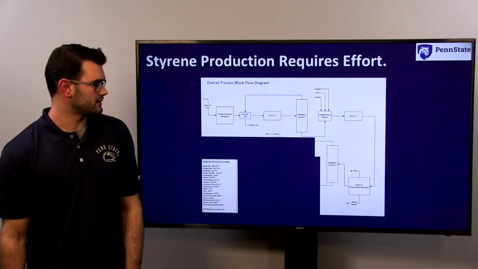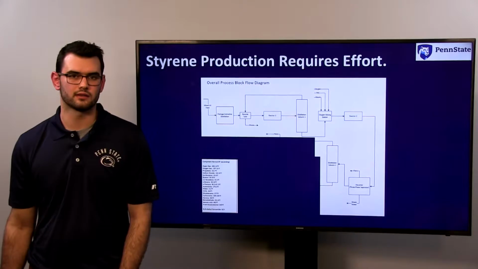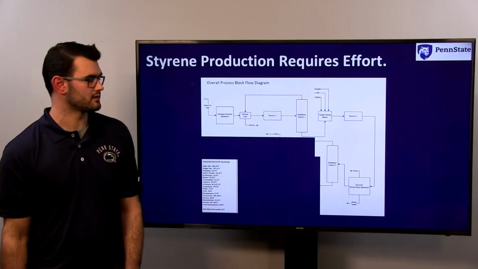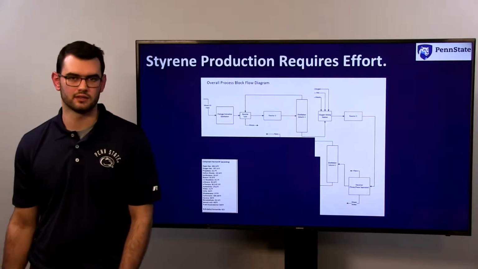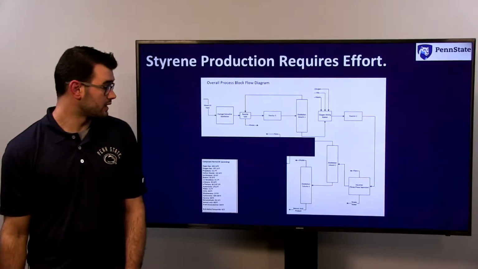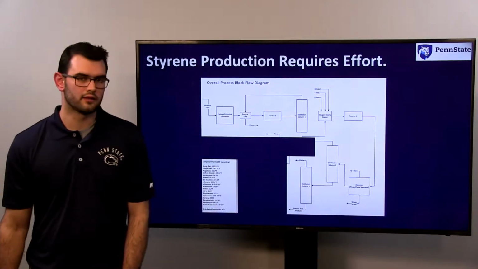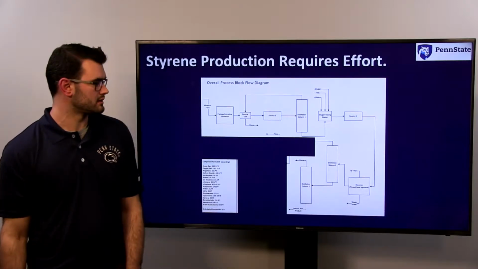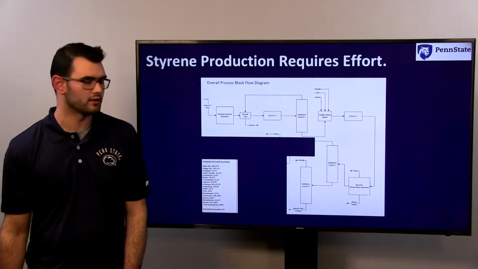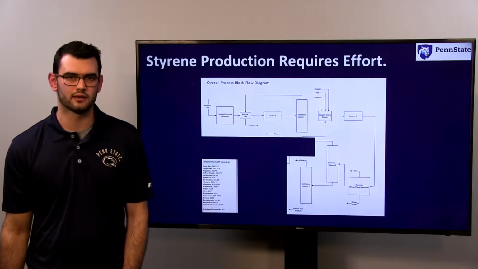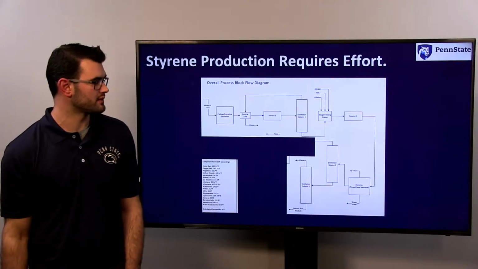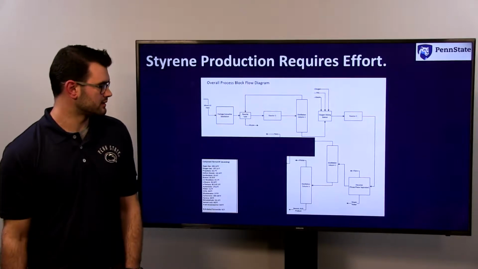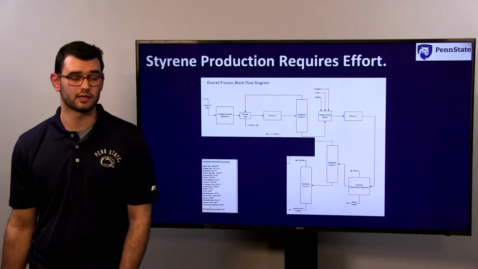And the last stream that comes out of the decanter is our styrene product that is mixed with other components. In the second distillation column, the components that are separated are the styrene product, and the heavy components, which are mainly benzaldehyde and benzoic acid. These two products are sent to distillation column 5, where they're separated,